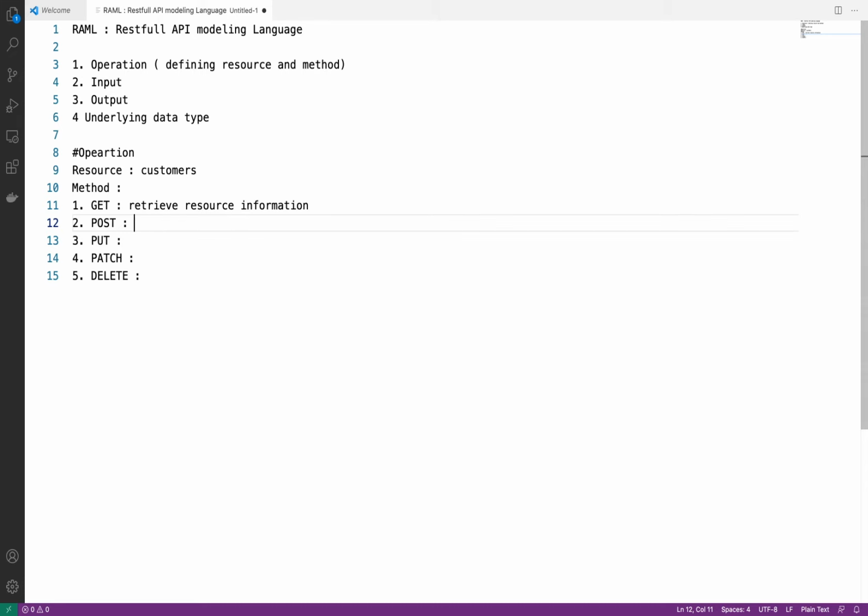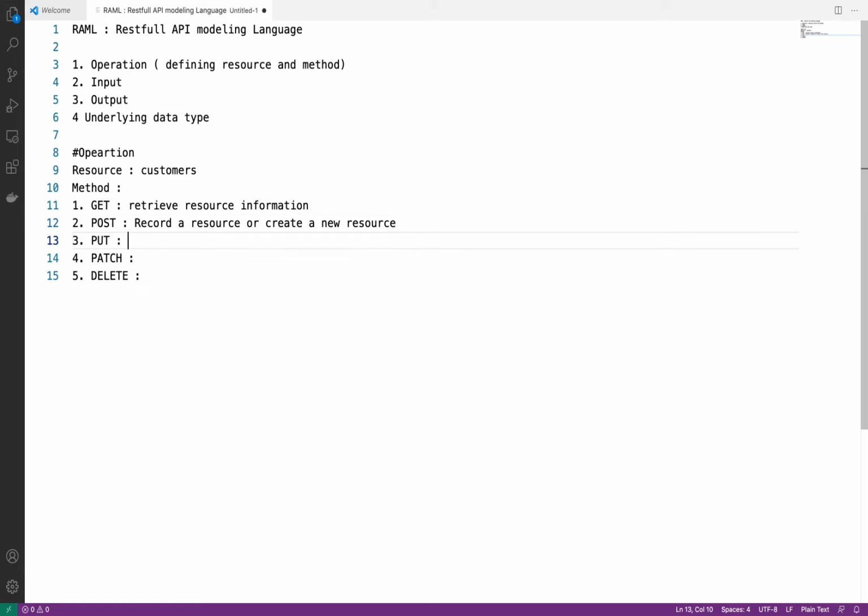We use post method when we want to store or create a new resource. For example, I want to store customer information, so I am going to create a customer in database or some other storage location. In that case we will use post method.